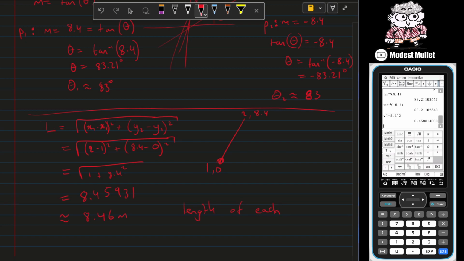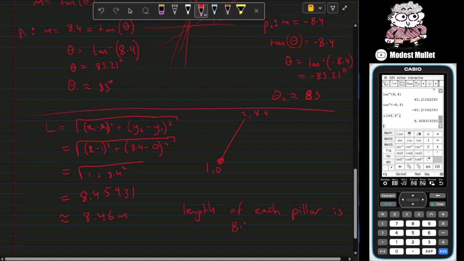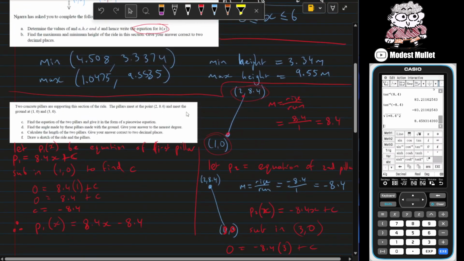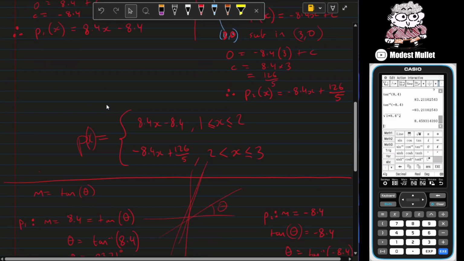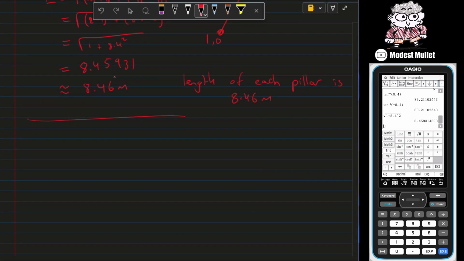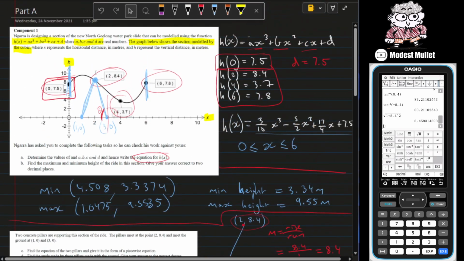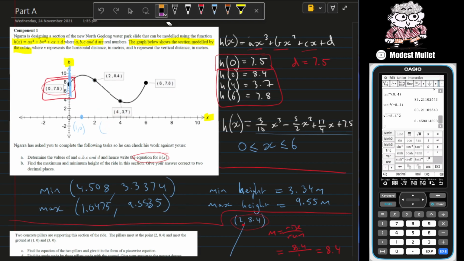length of each pillar is 8.46 meters. Happy days. Lastly, draw a sketch of the ride and the pillars. I'm not going to do everything, but the key thing here is that you include any key information that you have been given or that you have figured out that has to do with the appearance of the graph. So what I want to see, if I come back and draw on this, is effectively what is there